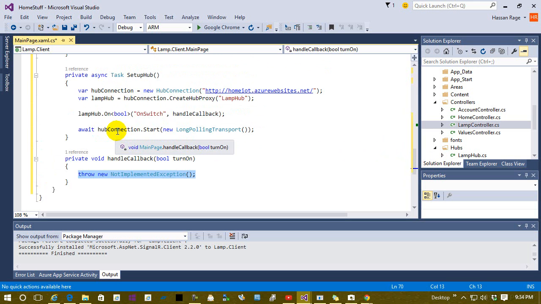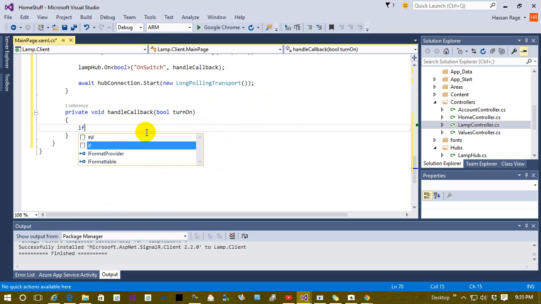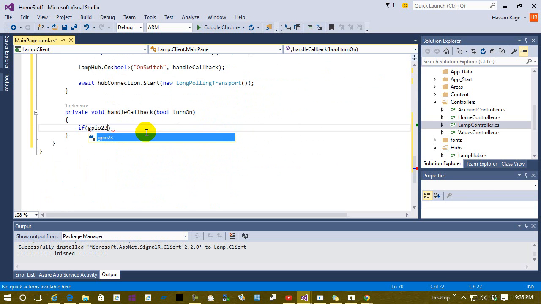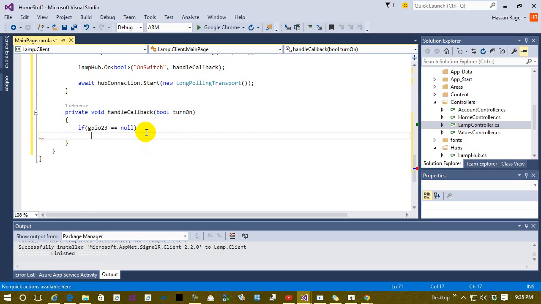But first we will see if our pin, GPIO 23, is null or not. So let's check that. GPIO 23, if it's null, then we can't move on. We cannot move on, so we're just going to return. We can't talk to the GPIO, we can't turn on any lights, right? Otherwise we will move on. We're going to check if turnOn. If we want to turn it on, then